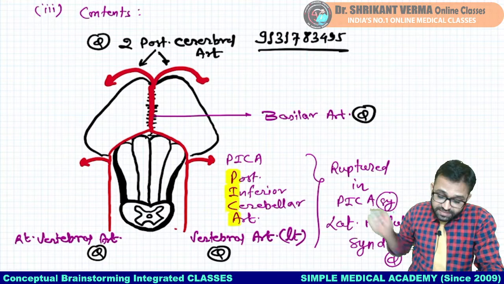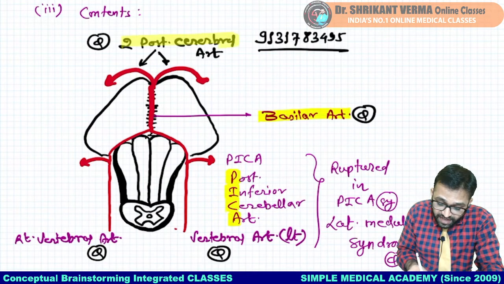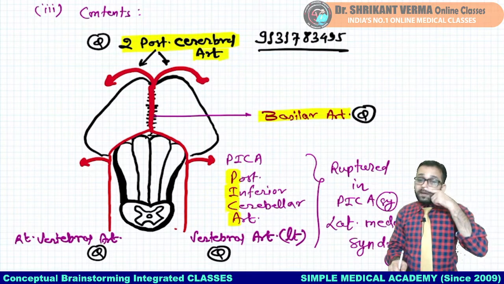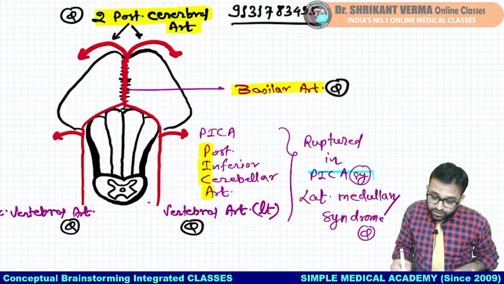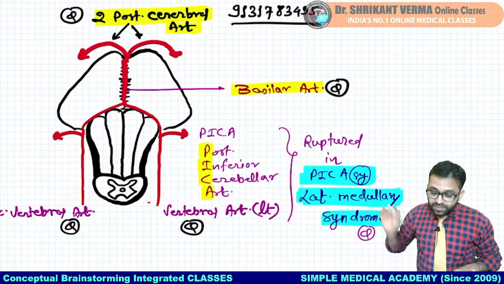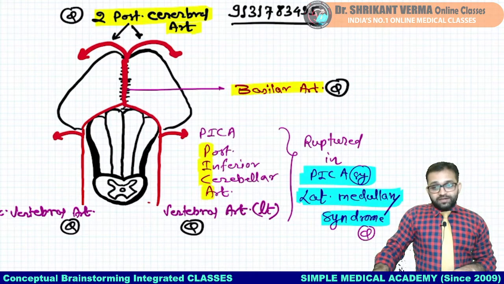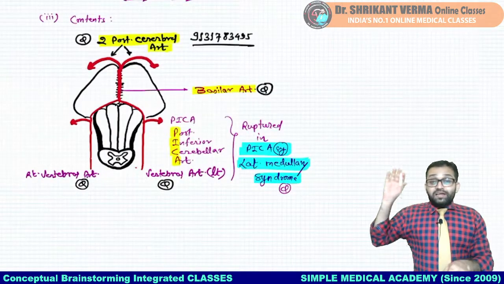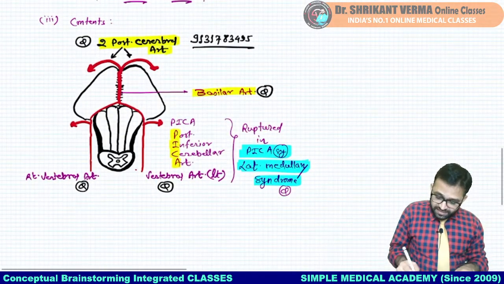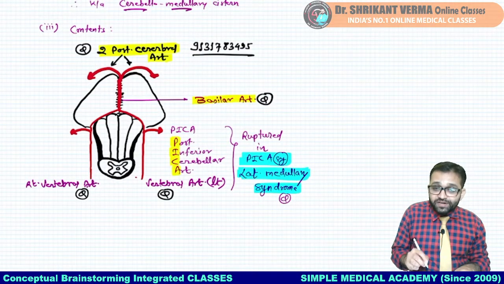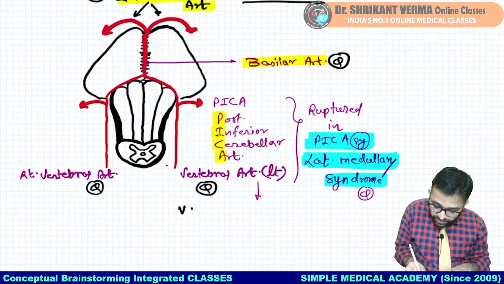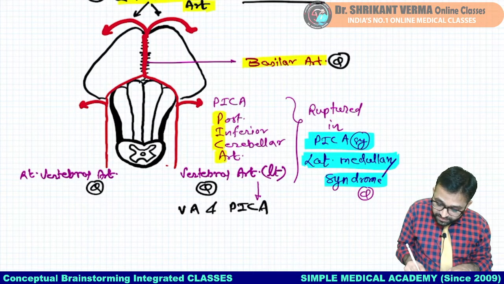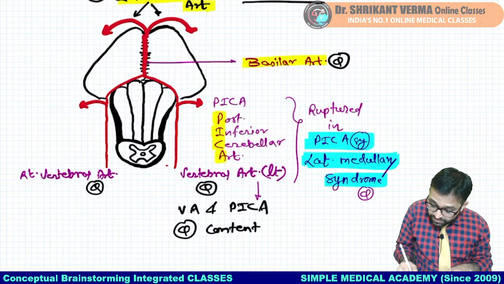Next question. The basilar artery divides into which arteries? Answer is two posterior cerebral arteries. Next question. In case of PICA syndrome, or better to say lateral medullary syndrome, which arteries are getting ruptured? Answer is the PICA or the vertebral artery. Now what is the important point related to our cistern? Yes, see here, the PICA and the vertebral arteries both are